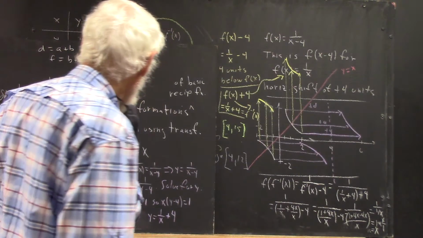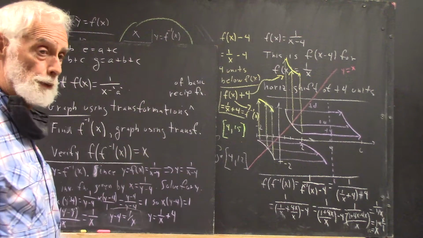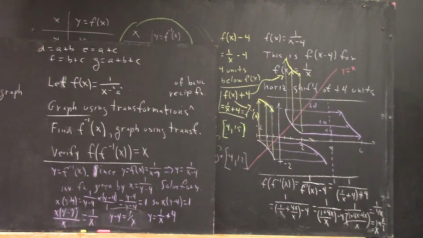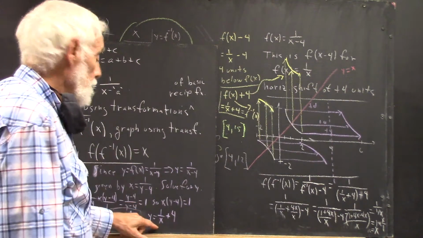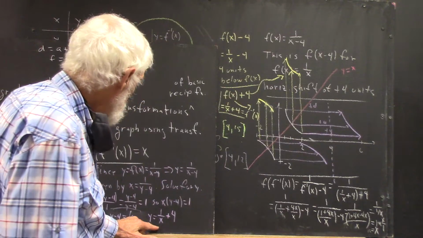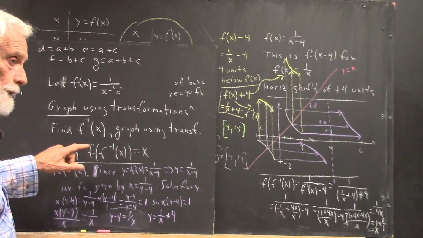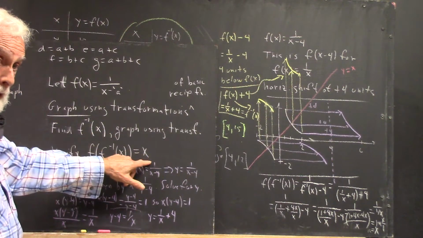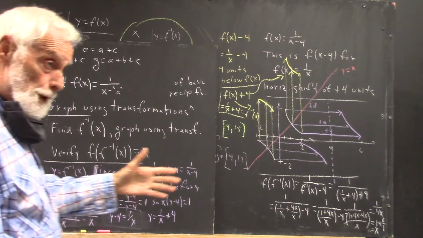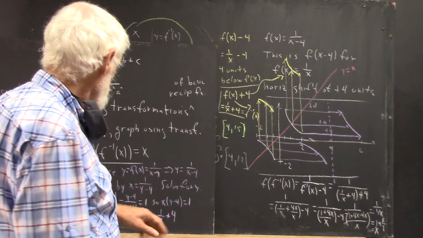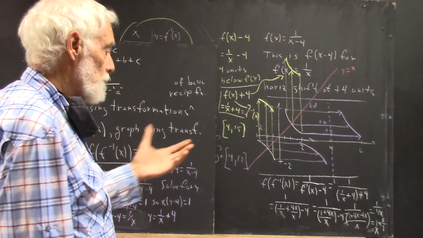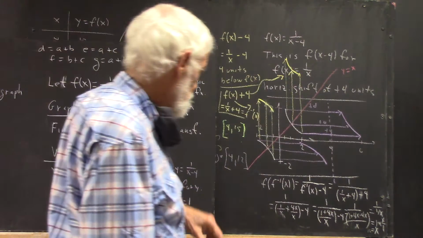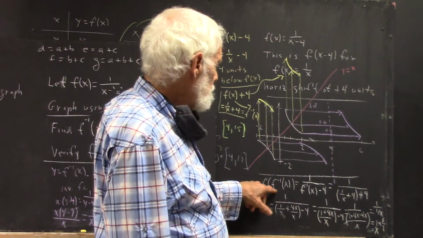Now the last thing is we want to verify that f of f inverse of x equals x, because that's the condition for an inverse function. So once we've got our expression for the inverse function, we plug it in to the expression f of f inverse of x and see if it comes out x. And we also plug it into, as you should know from the homework, f inverse of f of x. And it should also equal x. I've only done this one, I only asked you for this one because I don't want to take up too much class time. So f of f inverse of x,